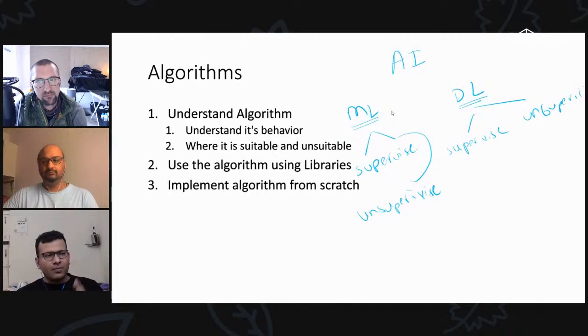So you see, it doesn't matter whether we are doing machine learning or deep learning. Supervised means when we know what we are trying to predict, that's when it gets called supervised learning. Unsupervised learning is when we are just given data and we are going to extract intelligence out of it. So whether it is machine learning or deep learning, it does not matter. Supervised and unsupervised learning, they are the same.